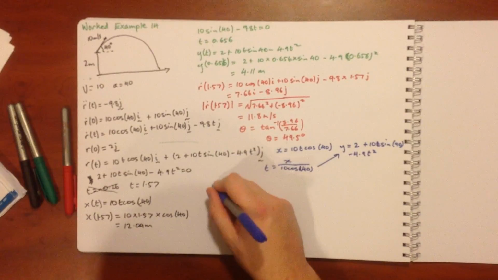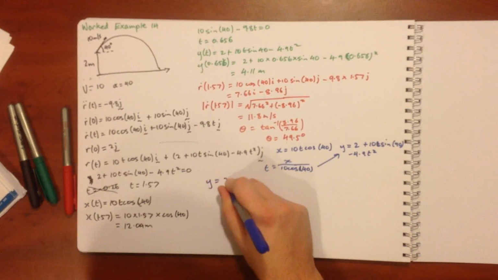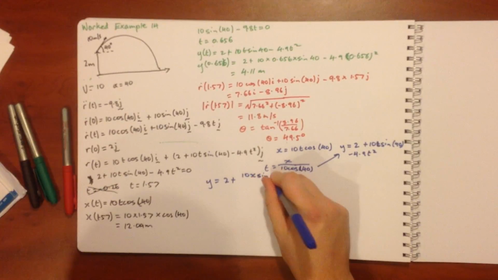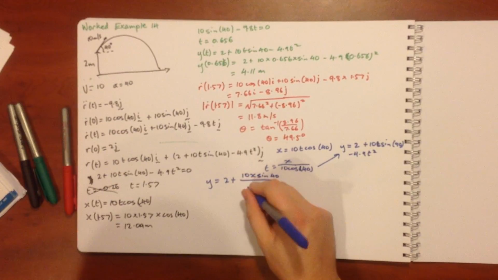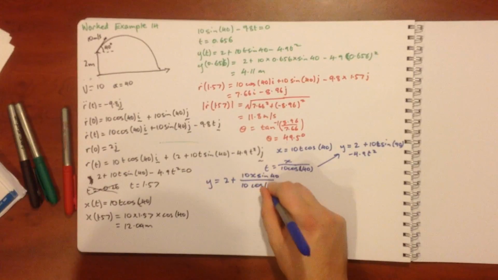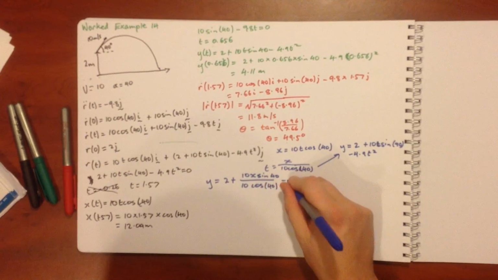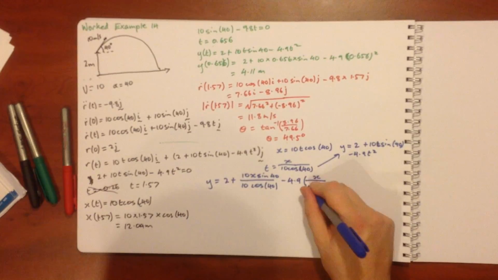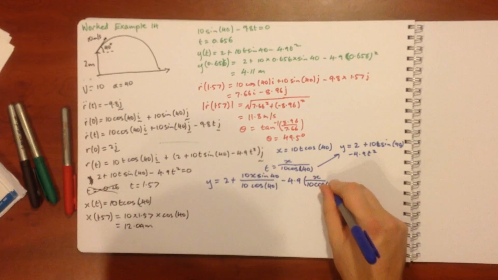So we get y equals 2 plus 10x sine of 40 over 10 cos of 40, minus 4.9 times x on 10 cos of 40